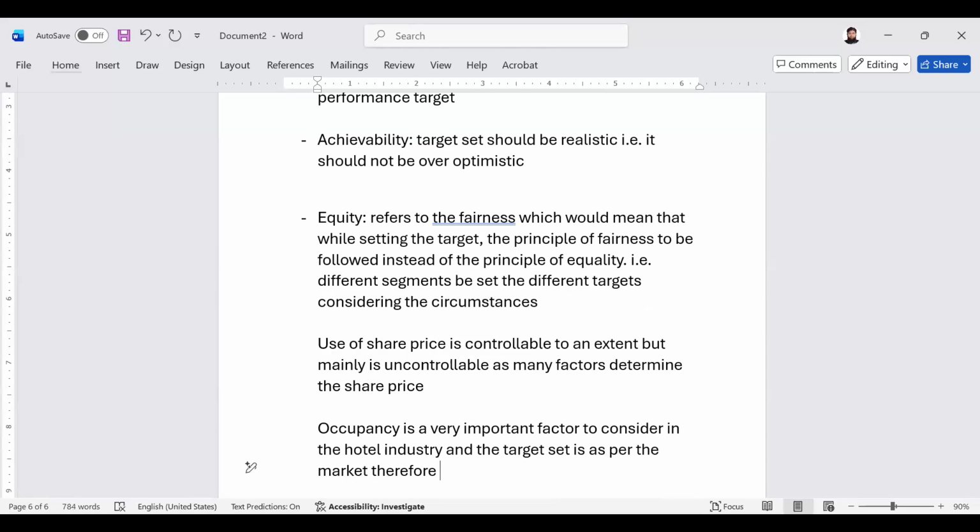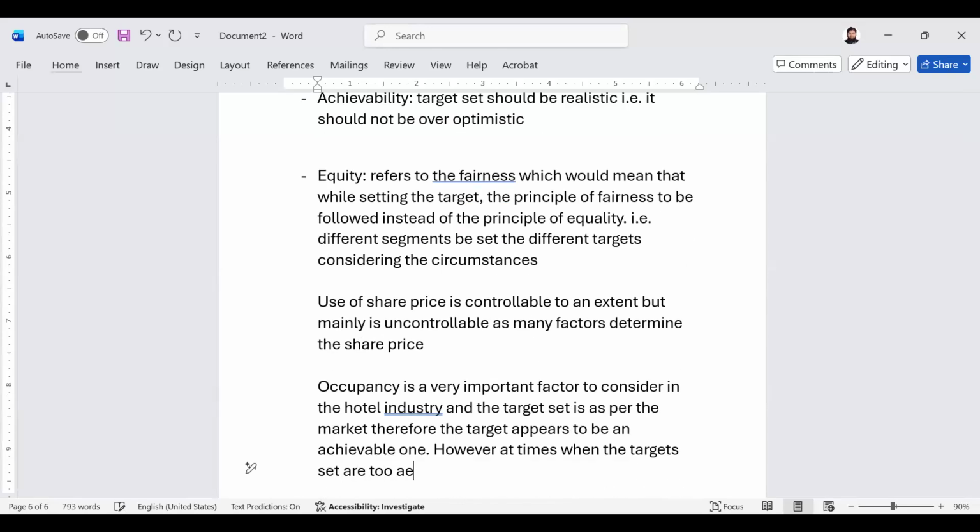Therefore, the target appears to be an achievable one. However, at times when the targets set are too easy to achieve,